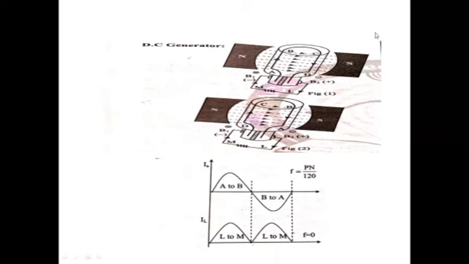Because it's a generator, it should be Fleming's right hand rule. When the conductor AB exists under the North Pole, an EMF is induced, and also under the South Pole, an EMF is induced. But in both these cases, they will have different directions. It's not unidirectional. You see from the figure, from A to B, initially the voltage induced is positive, and from B to A, the voltage or current, whatever it is, induced is negative. That's how we get a sinusoidal waveform.